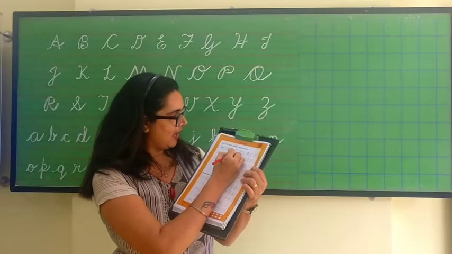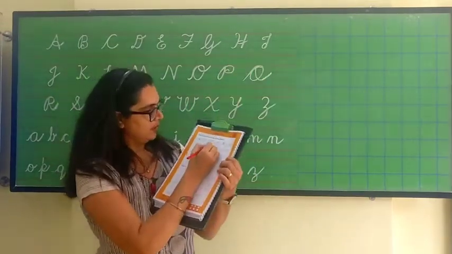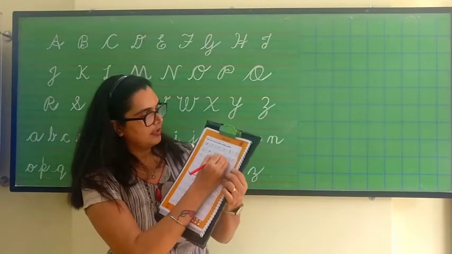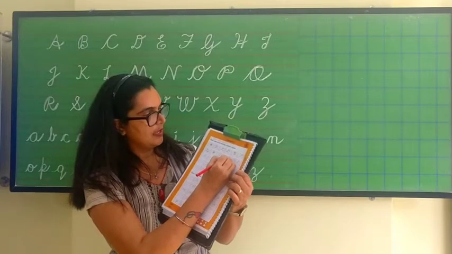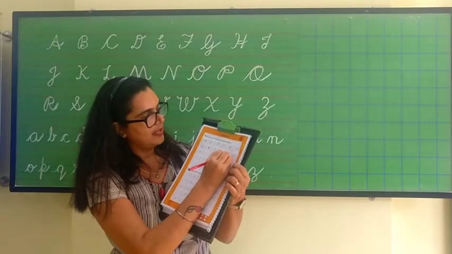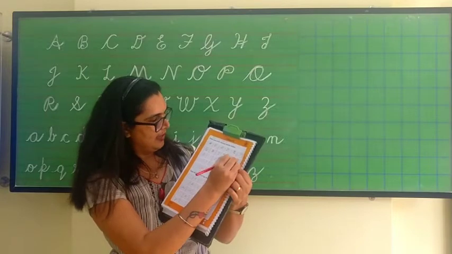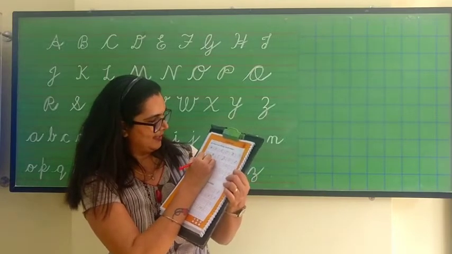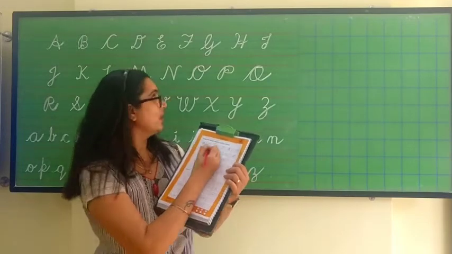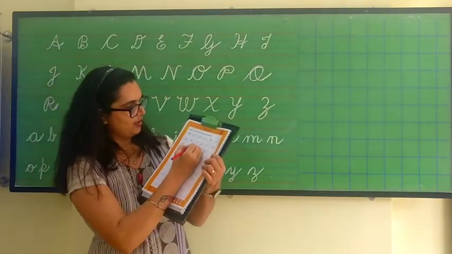Let's write I after G, H, I. I is over here. So let's write I. This is I. Then J you are going to trace. After J you are going to write K, a curve and a slant line and a tail. L, trace. M you are going to trace. N you are going to write. And yes, you can write it from here. Here is the N. Yes. Then O.